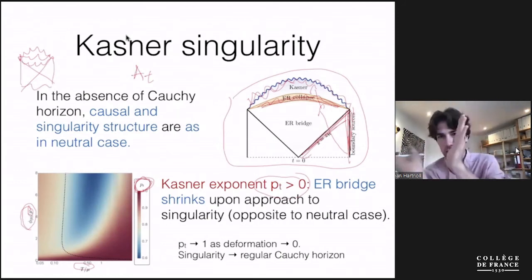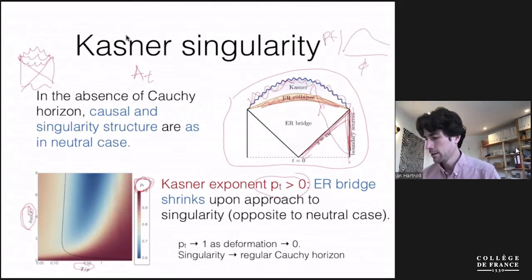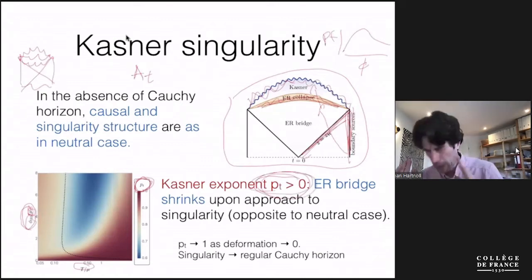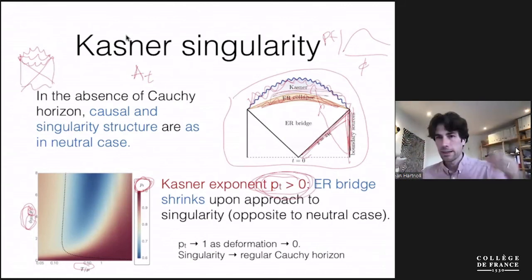So it's a two-dimensional plot now. Remember that the plot we had before had p_t against phi. Now it's a two-dimensional plot because it's charged, and so you have two dimensionless ratios: the deformation in units of the chemical potential, and the temperature in units of the chemical potential. Don't worry about the dashed line. And so what we see is p_t is now always positive,